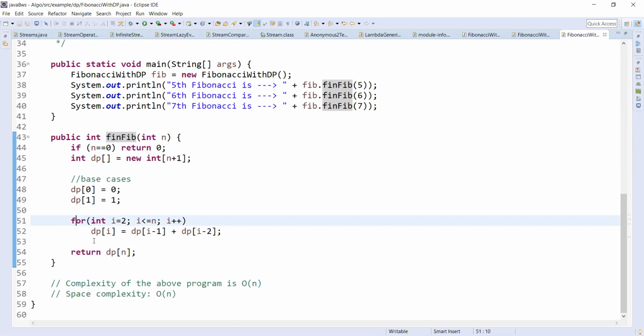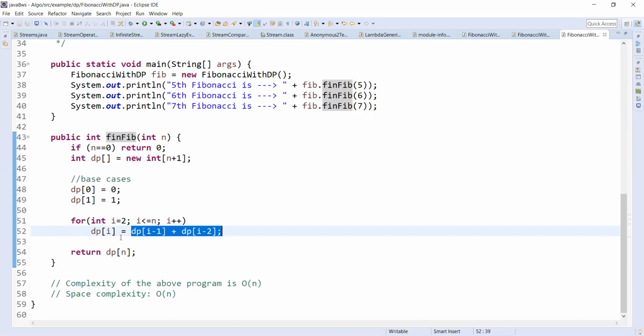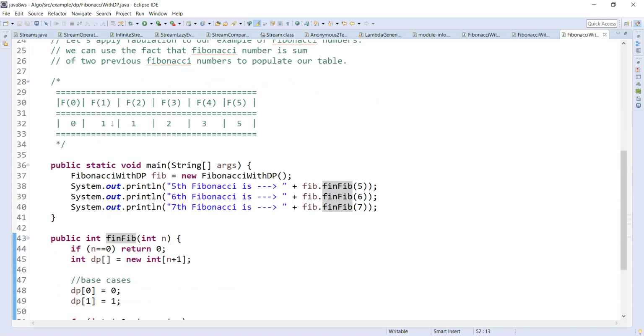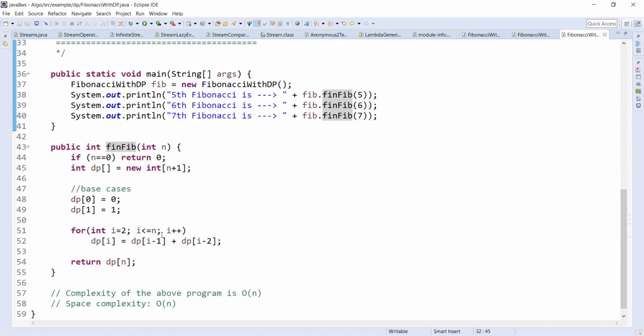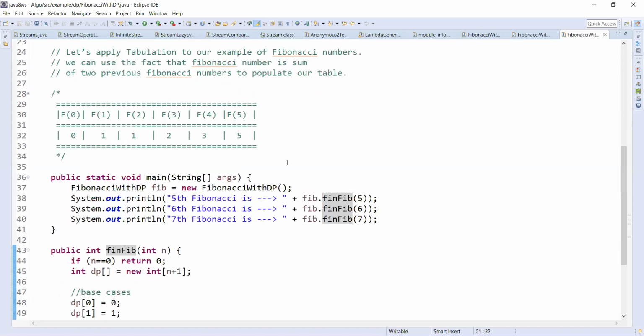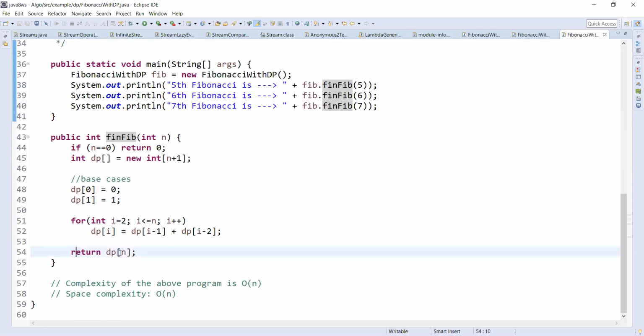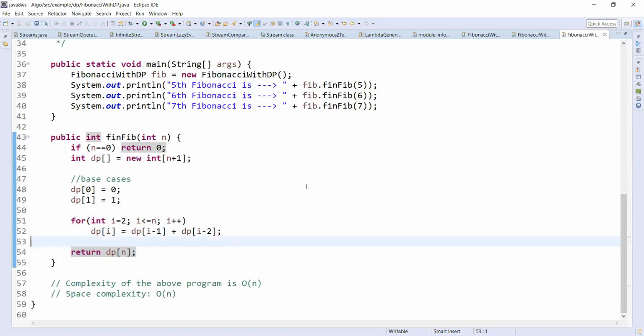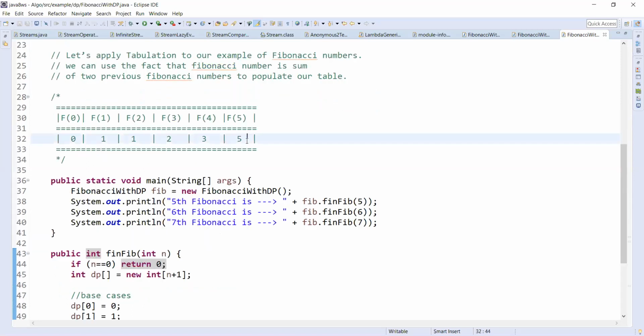We know the fact that the Fibonacci number is the sum of the previous two Fibonacci numbers, and we are populating the data using that fact. And once we reach the actual solution of the problem, that is f of 5, we simply return the result from the table.